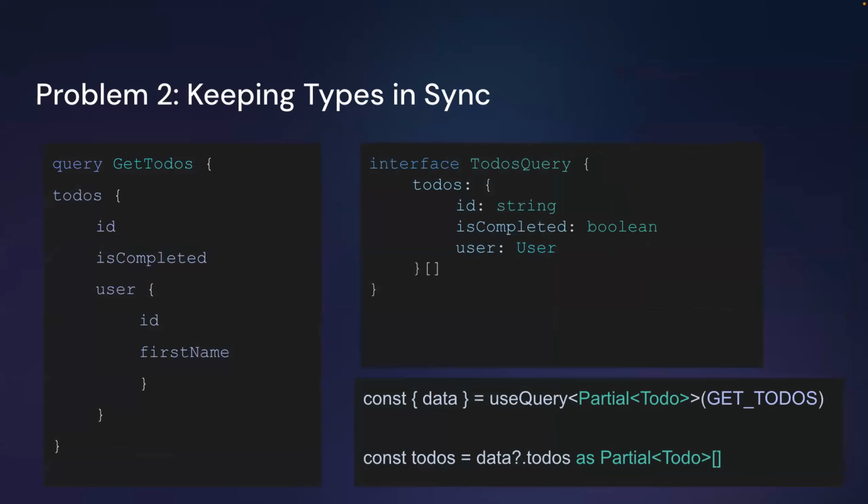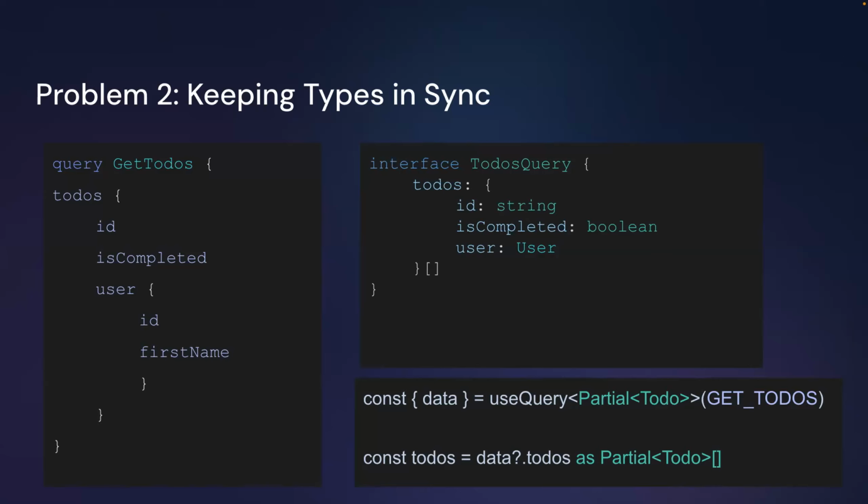So for example, if you've got this query on the left here, getTodos, we're requesting all the to-dos, and you want to have that query be typed. On the right, on the top, we have the type of the query where we're saying the to-dos that are going to come back are objects. We're going to get an array of those to-dos. It's going to have an ID that's a string. It's going to have an isCompleted flag that's a Boolean. And then you're going to have a user that is its own user interface that has to be defined somewhere else. And that works, but it is a pain to keep